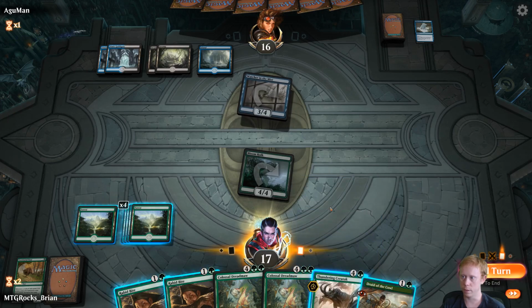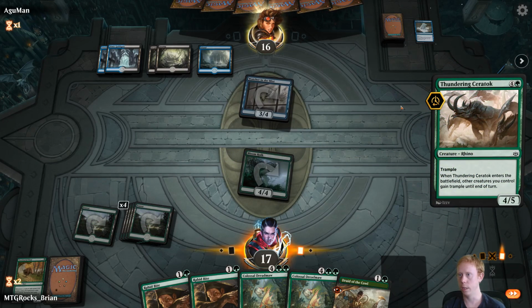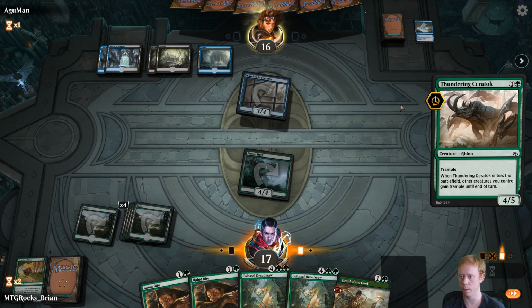Well, I could play Ceratok, I guess. That's probably the best card. Because then he counters it. I have to save my Rabid Bites to kill Watcher at some point. And I can't do it when he's got 5 mana open. I can't cast a Rabid Bite. I'm just going to get Blink of an Eye or something and get wrecked. So...